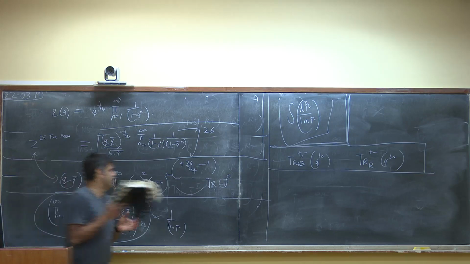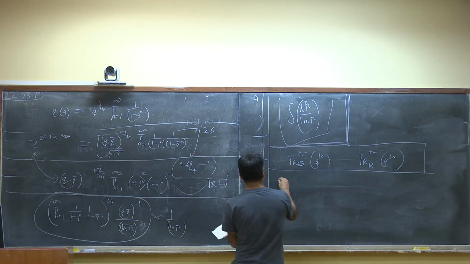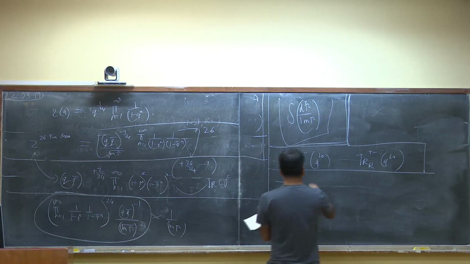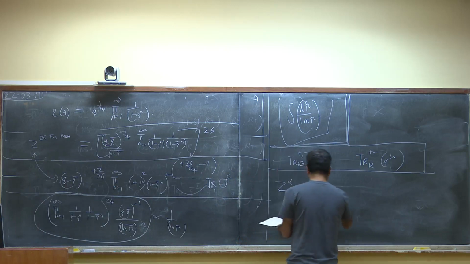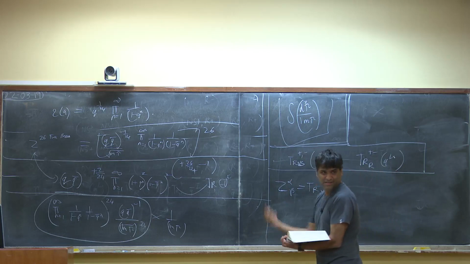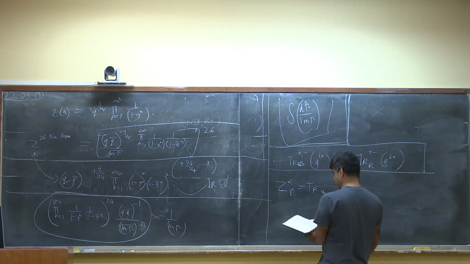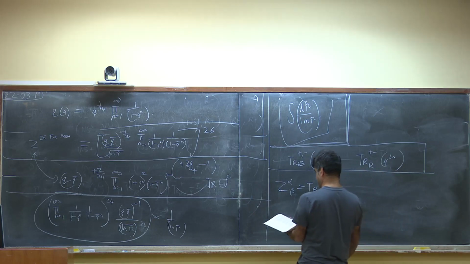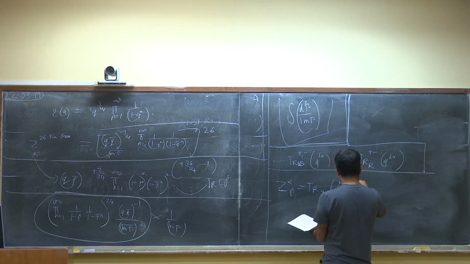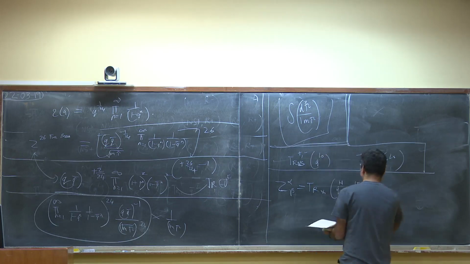Z alpha beta. Polchinski defines this quantity Z alpha beta, which is the trace in the sector labeled by alpha boundary conditions on space and beta boundary conditions in time. Trace of q to the power h times e to the power i pi beta times Q.